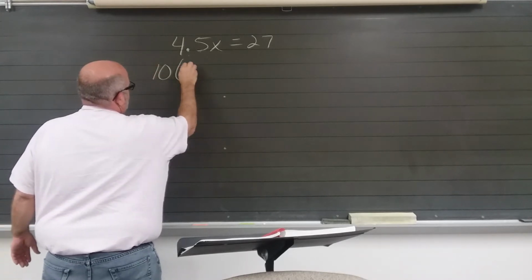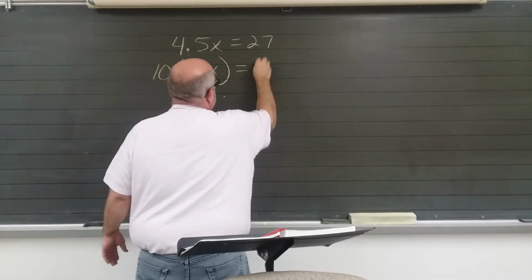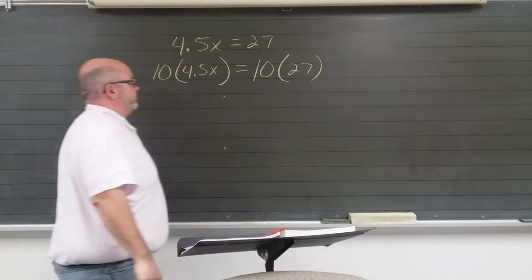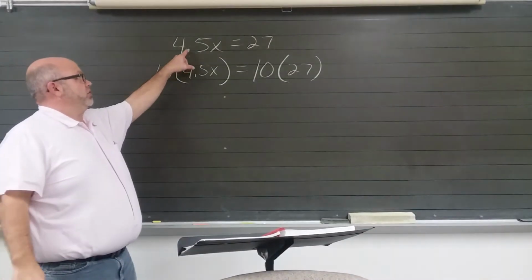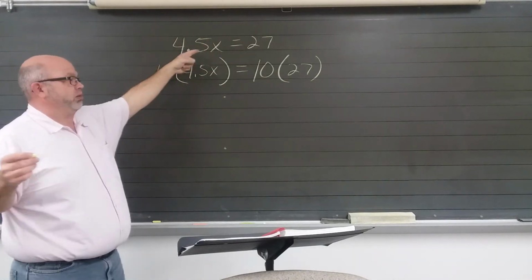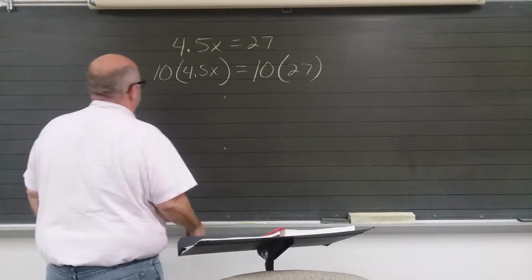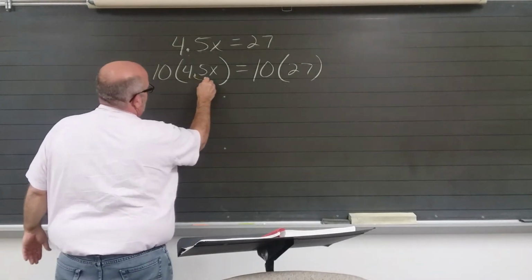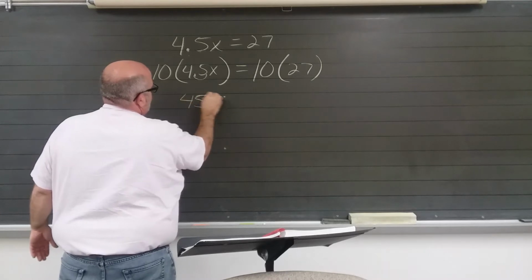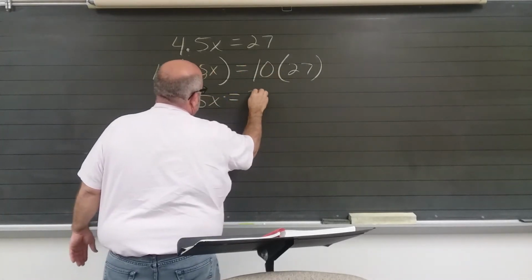10 times 4.5x equals 10 times 27, right? You have tenths, you multiply this by 10, that moves the decimal over. So that's what you do. If it's 2 places, you multiply by 100. 3 places, multiply by 1,000. So that's what's happening here. This moves this over. So now we have 45x equals 10 times 27, 270,